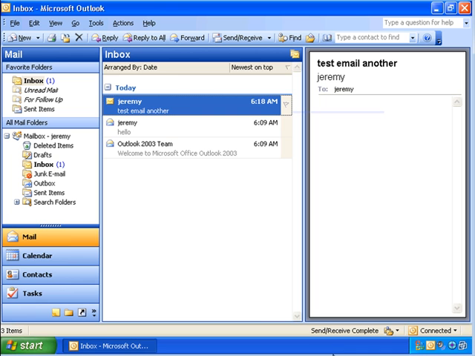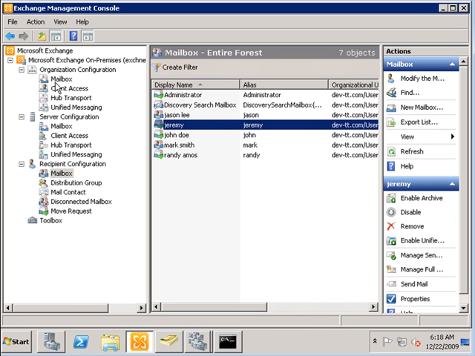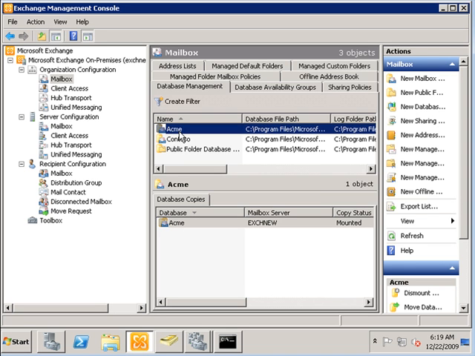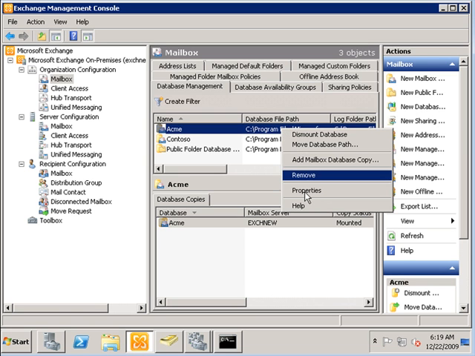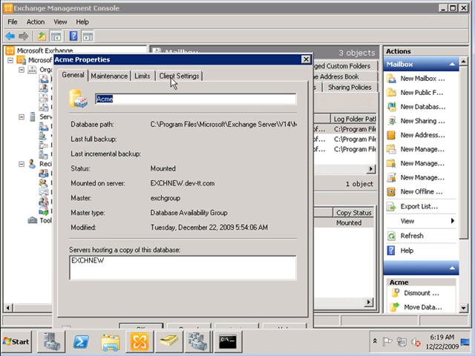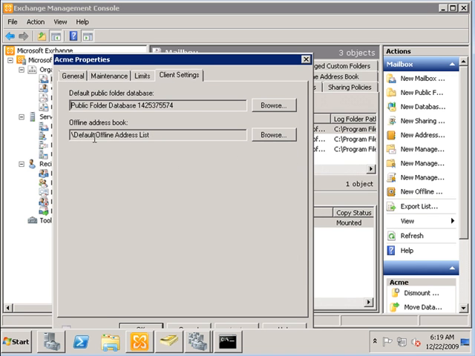I'm not having any problems, but if you do have this problem, please verify on your Exchange 2010 server under the mailbox section of organization, and then if you click on the name of the database where that user is stored, and then you go to properties,